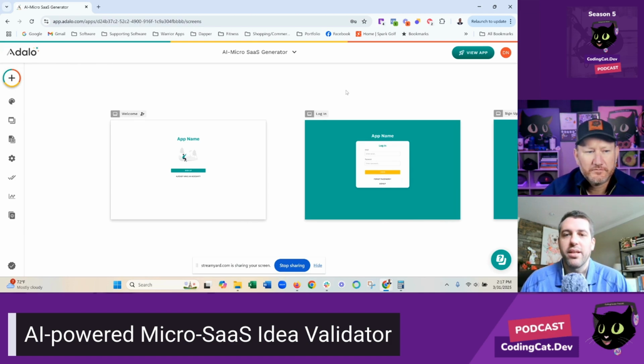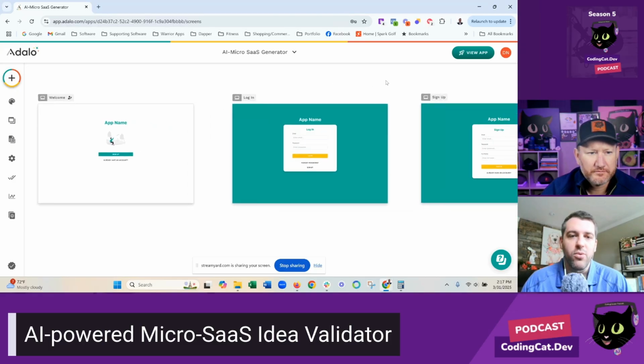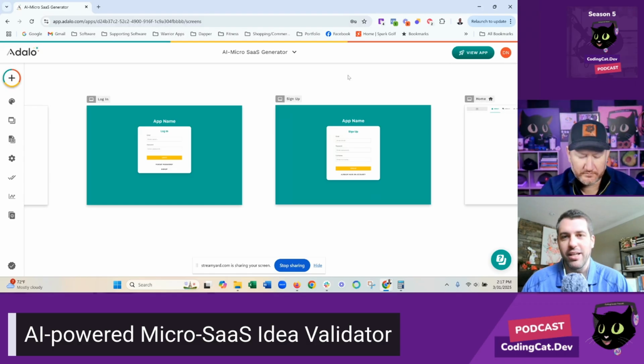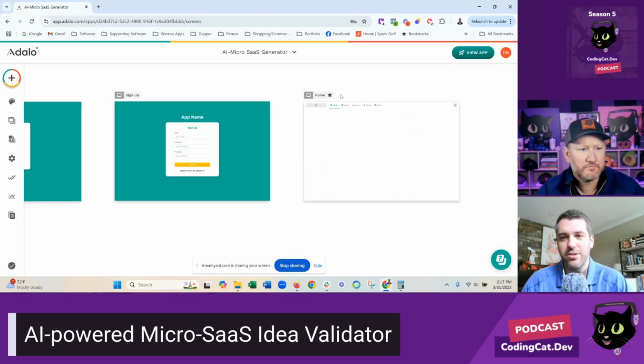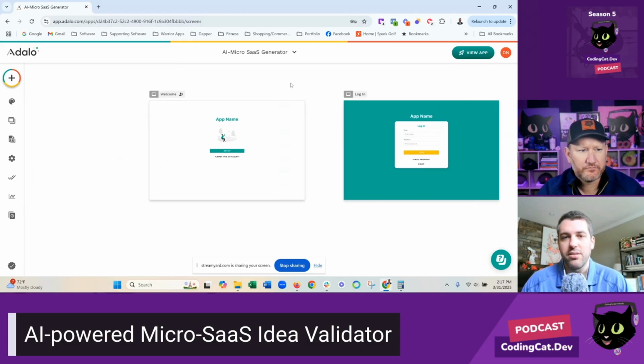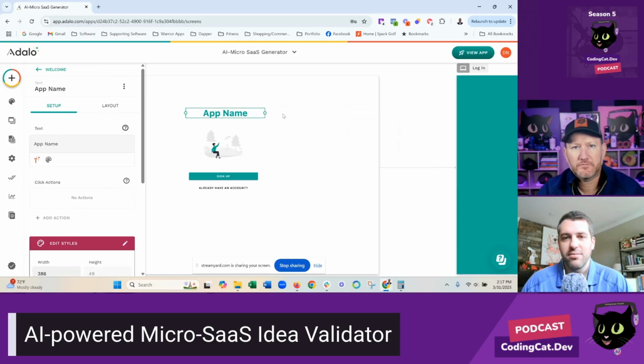One of the cool things that happens is you get basically your entire login and sign up process built for you. It's very bland and very dry. As you can see, it's just a login and sign up feature, and then it goes to a homepage. You can play with that and do different things to it. It's very simple and intuitive to use, and that's why I love it.